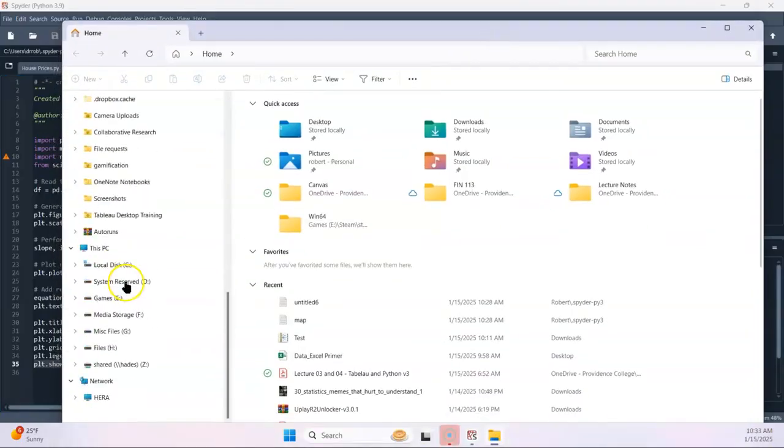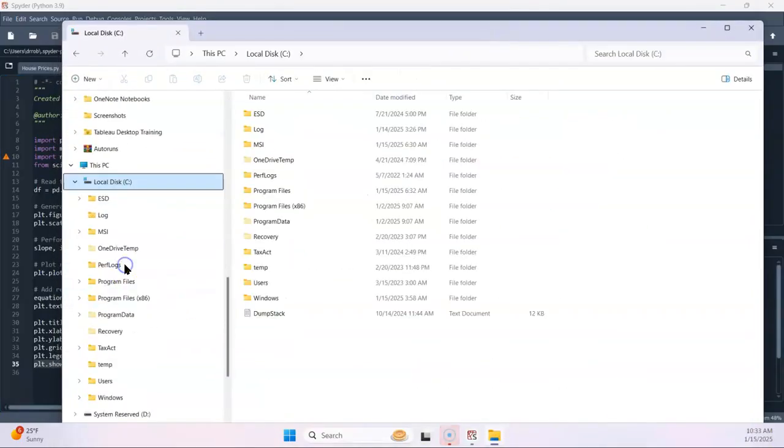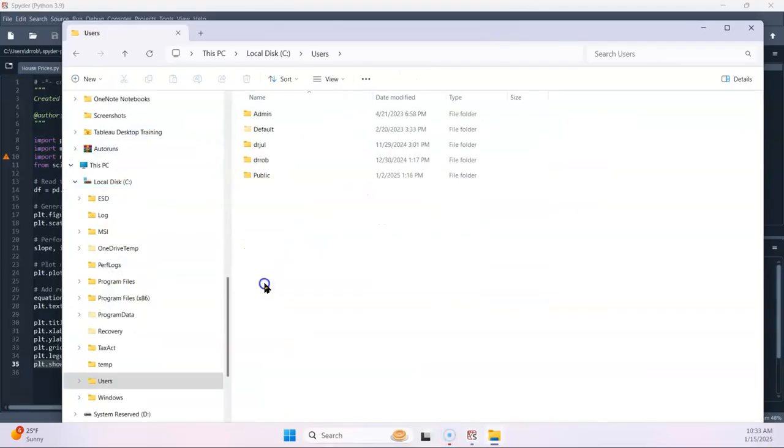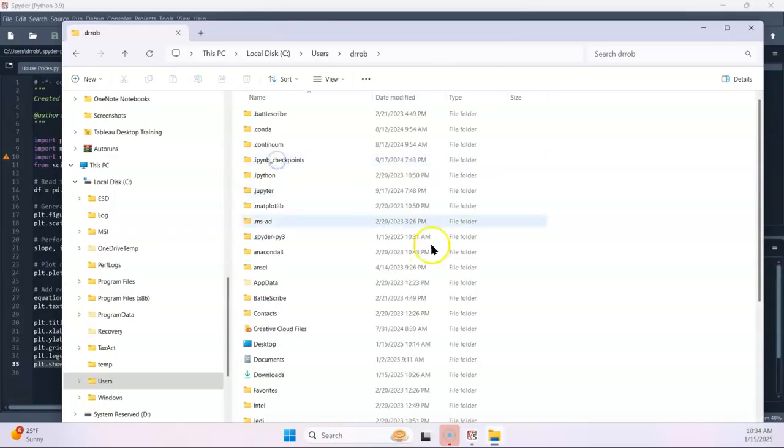And so here it is. So we'll go to the C drive, our hard drive. That's the hard drive in my computer. I go to the users folder. I'm going to go here to Dr. Rob. Now this is going to be the exact same on all of your computers, except it'll be your username there. So drrob is my one at home, rcamp is my one at school. So I go there, and then I go to the .spyder-py3,